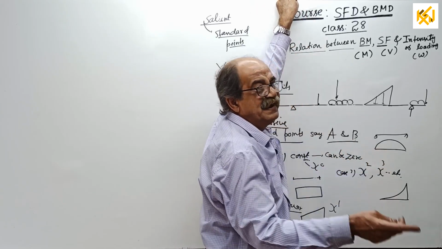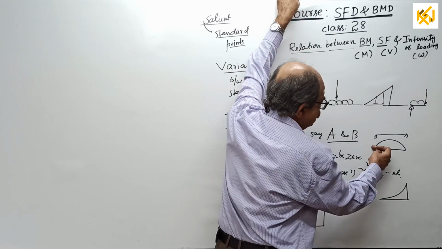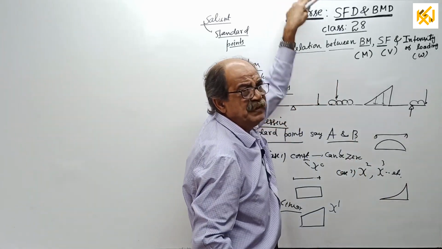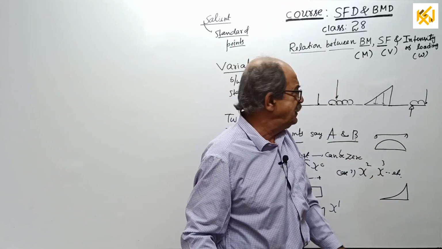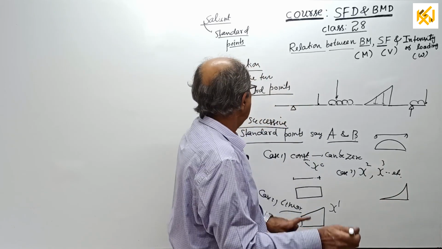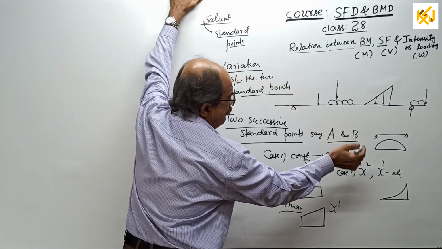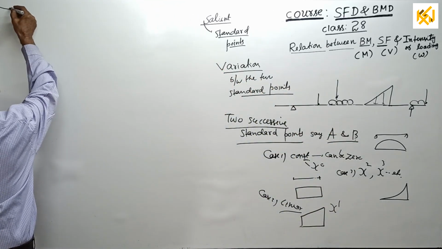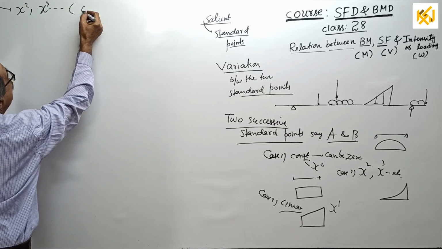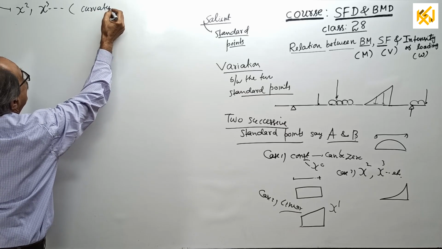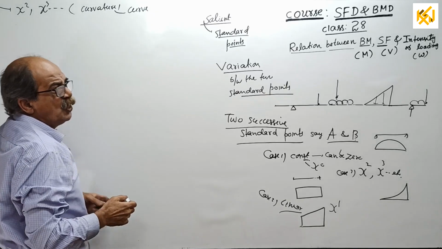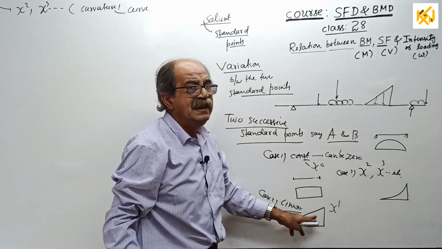But actually what they are telling is correct, because this way it will come for a simply supported beam with UDL, and this way it will come for cantilever BMD for UDL. The reason will come later, but there is a beautiful reason for that, and I will tell you all of it. Now I am discussing the case of either x square or x cube, etc., that is, when curvature or a simple curve will come. I have seen so many people using the words joined by a linear curve.